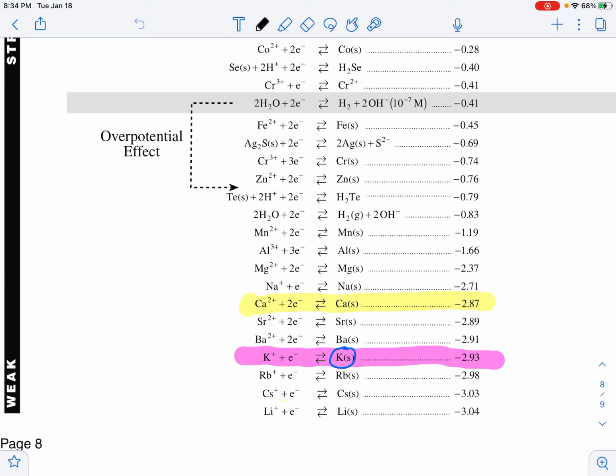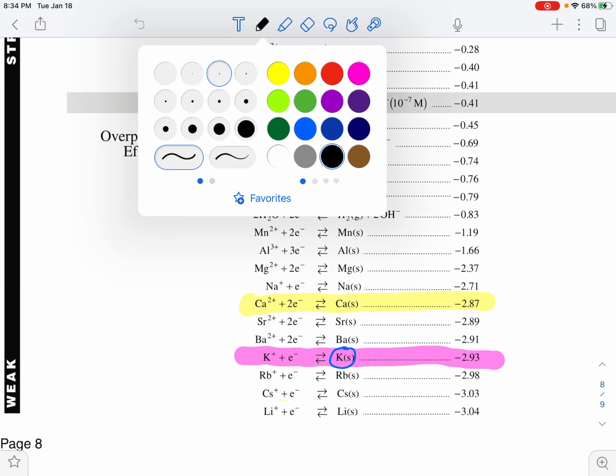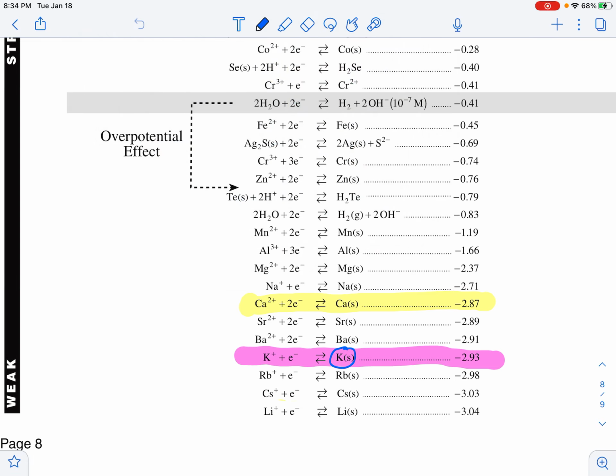I'm going to come back to the table for a sec, because I want to show you this arrangement. Maybe you've already figured this out in your own mind's eye. If I were to circle the last two chemicals that we threw together, calcium plus 2 and potassium, it wasn't strongly spontaneous, but it ended up being spontaneous. If you put a circle around the two chemicals, the thing that reduced and the thing that oxidized, and you draw a line between the two of them,